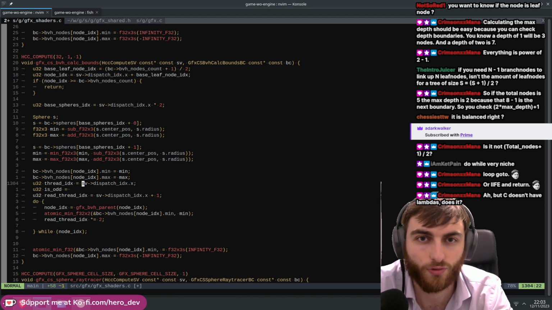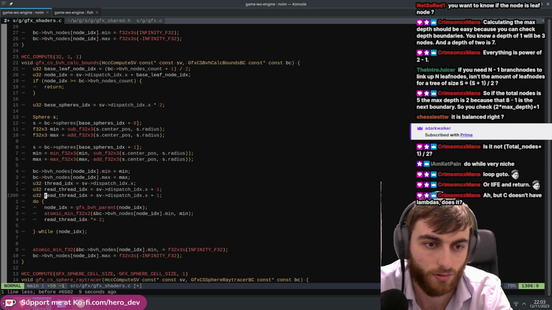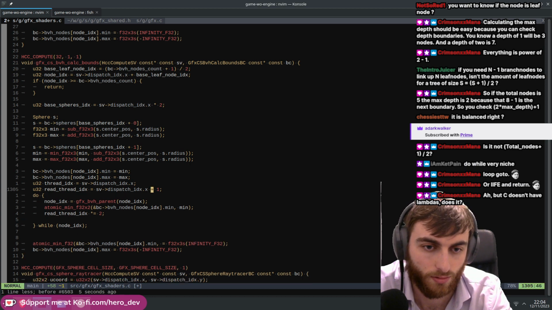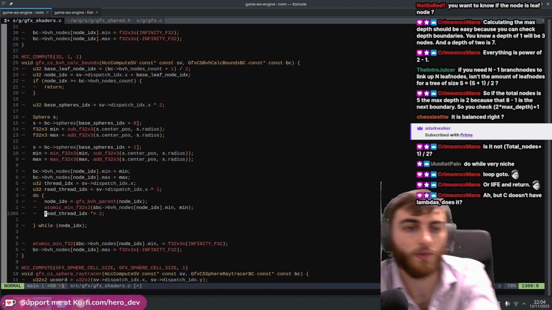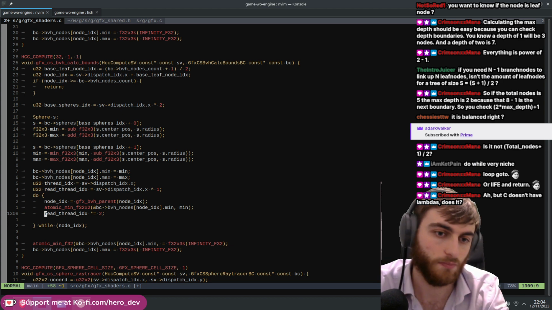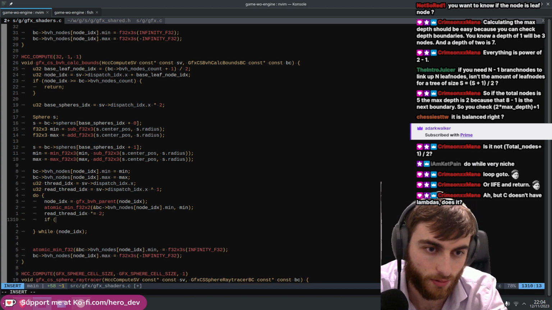Wait, is it just XOR 1? Your buddy is XOR 1. Yeah. So your read thread index is XOR 1, right? Because you're just saying it's the other guy. Yeah, that makes sense. So you multiply, and then you say you want to terminate this thread if